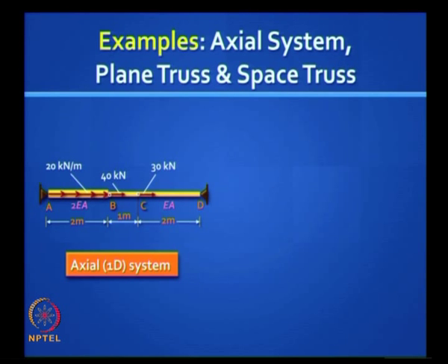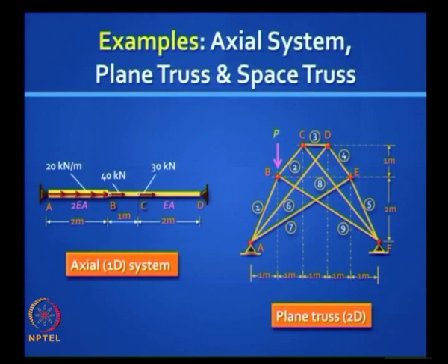What are the type of problems that we encounter? Okay, so I will just show you 3 types of problems. This is one example of a kind of problem you will encounter with 1D systems. Okay, you can have 2 elements or 3 elements or any number of elements. You can have distributed loads, you can have intermediate loads, that is one category. Second category is a plane truss, okay. All this can be done quite easily using matrix methods, and we will demonstrate step by step.